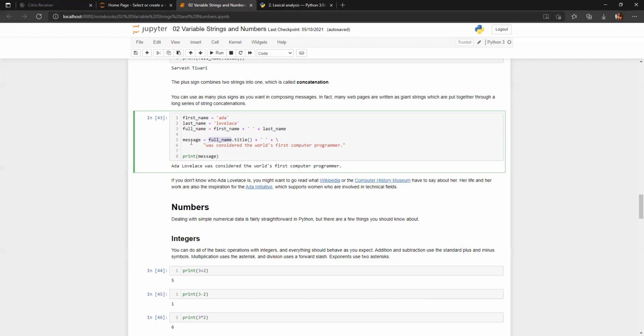So suppose I'm using message as a variable here, and I'm using full name dot title. So I'm combining these whole results. Now, after combining these whole results, I'm using plus in single quotes, one space, and forward slash, and after the forward slash, I'm just typing one whole sentence. And I'm just printing this up here. Now what do you see? You can use as many plus signs as you want in this case. As you can see here, the whole sentence is being printed up here.